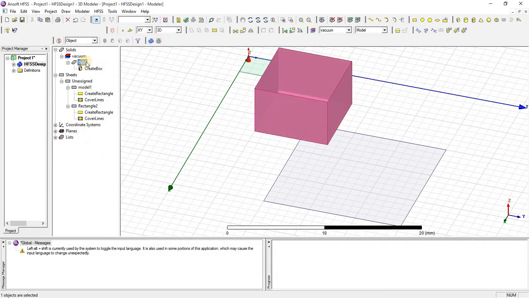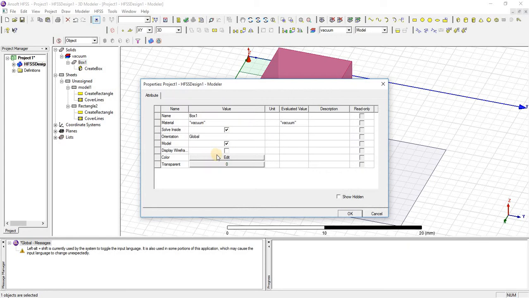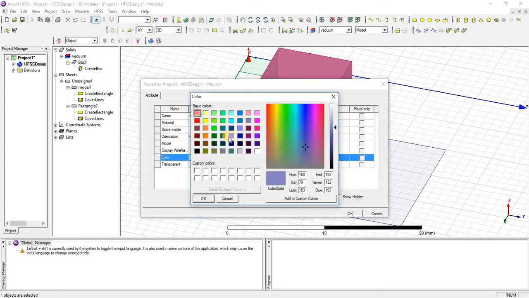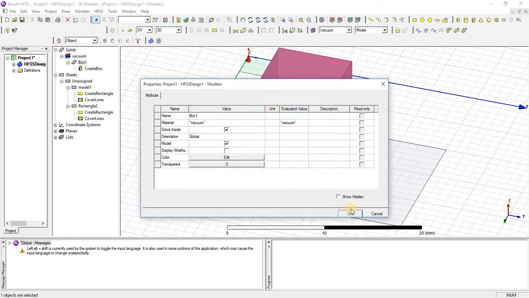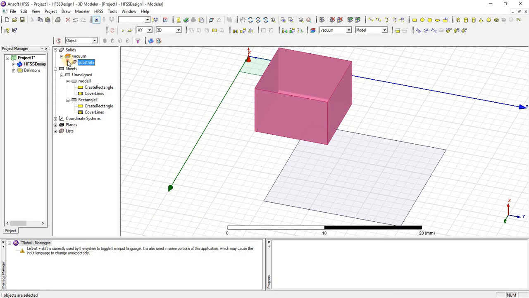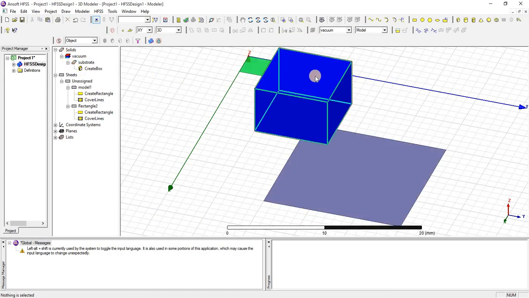Similarly, you can change their color, also change the name of it, and here is the assignment. We will discuss that we can change the material of it from the library of HFSS. Just click on OK. Their color has been changed to blue.